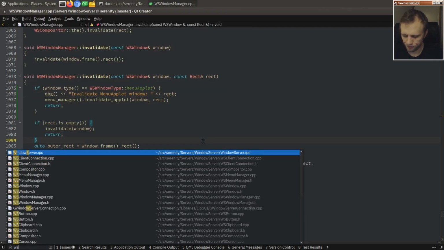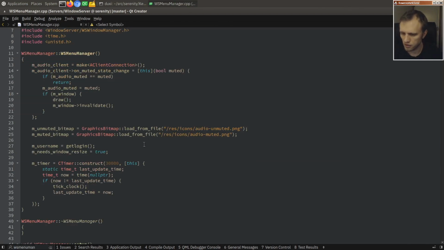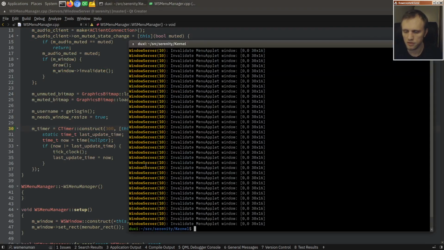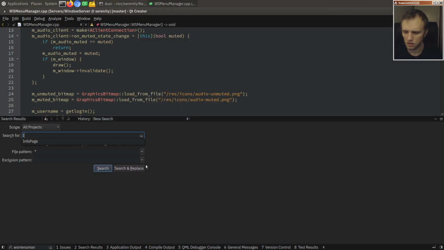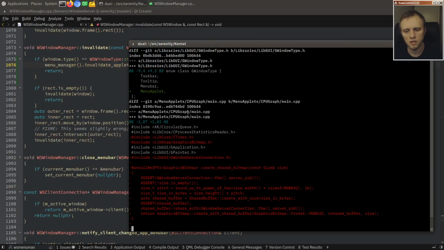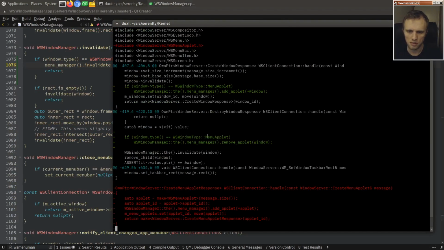Menu manager, right? So this is really good. Let's turn this guy back and invalidate menu applet. I just want to get rid of that. Okay, so let's see what we have done here. We just got rid of all of the menu applet IPC stuff, and then